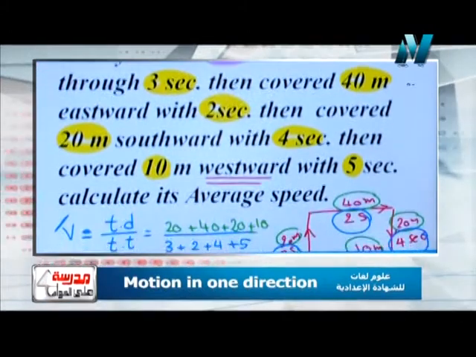Why? Because we have two types of speed. Number 1, regular speed, as you explained, and number 2 is irregular speed. If I talk about irregular speed, I have many distances and many times. So the definition of average speed in the case of irregular speed is the total distance covered by the moving object divided by the total time taken to move it.